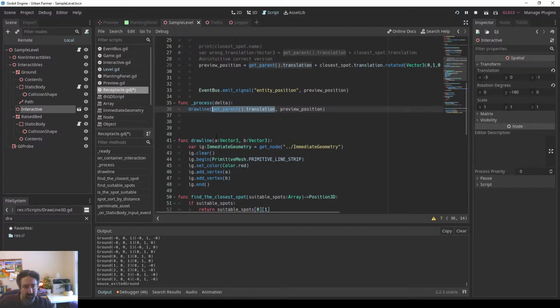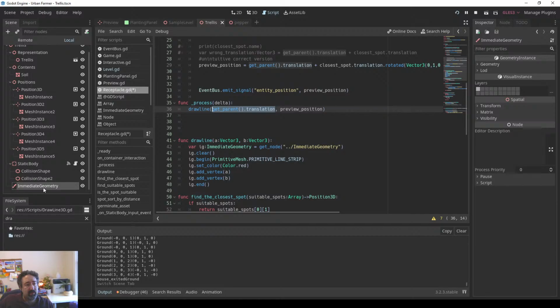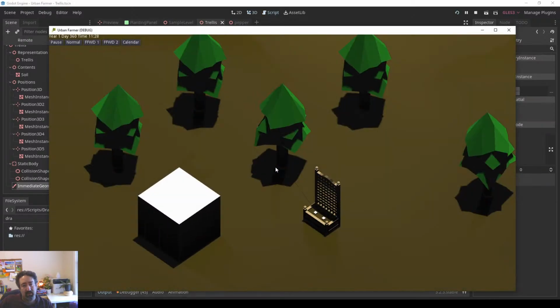Anyway, I think it's some other day's job to make this immediate geometry its own singleton, perhaps, to have proper methods, so that when you need to do visual debugging, you include it in your scene. You could pass arguments like, here's an array of vectors, and just draw lines in between them, so you get to see a line between the world origin and